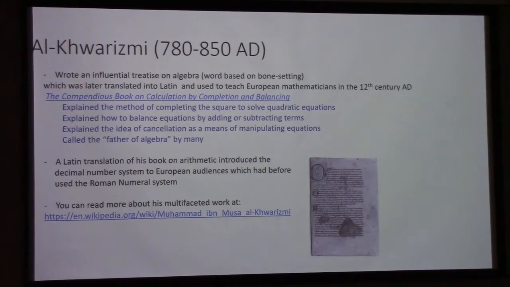And his work was much larger than just mathematics. He did all kinds of work in the natural sciences and other things. It's really an incredible intellectual of his time, all right? Very much like a figure whose stature could be compared to Newton or Gauss or somebody like that later in European history. There was a Latin translation of his book on arithmetic, which introduced the decimal number system, give or take, to a European audience in about the 12th century. So before that, how did they do numbers?